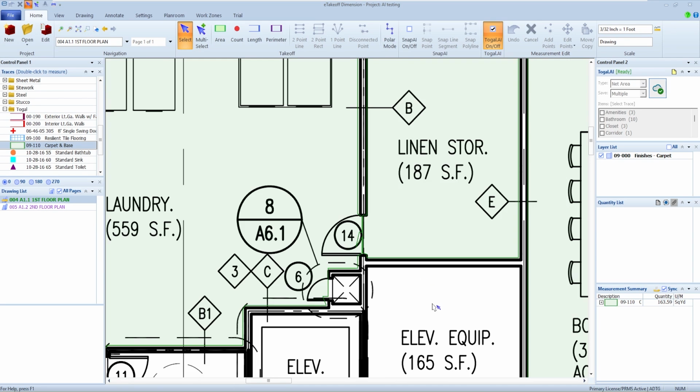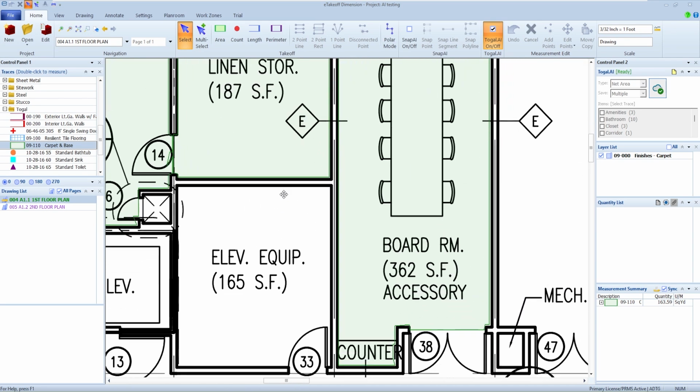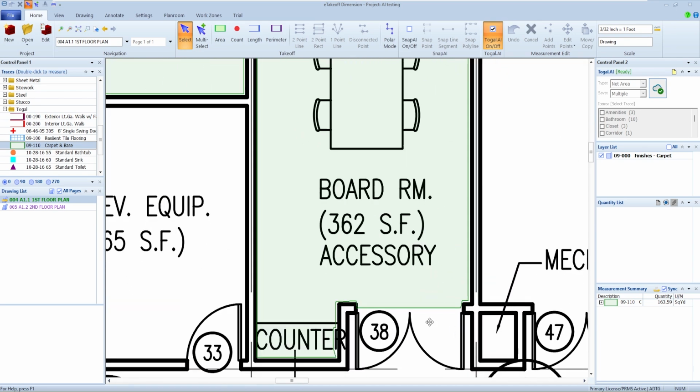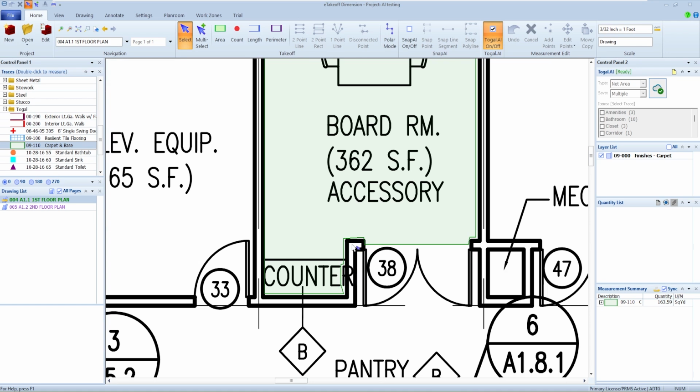Now, with that being said, depending on how it's drawn, there might still be some discrepancies. So as I take a look at this room here, I might decide, well, I'd rather see the carpet go clear out past this or into this. I guess that's a different room, so that probably wouldn't necessarily need to be changed. But let's say for whatever reason, I think it should have been down here or something of that nature.